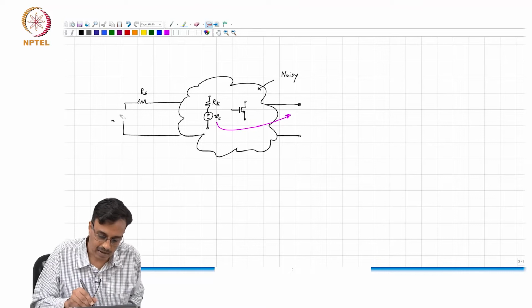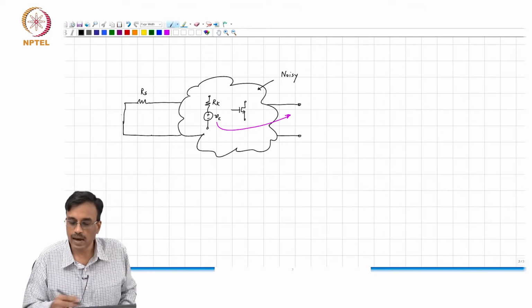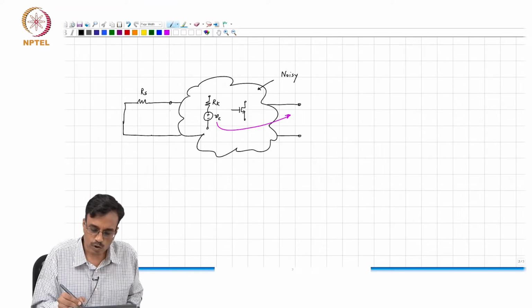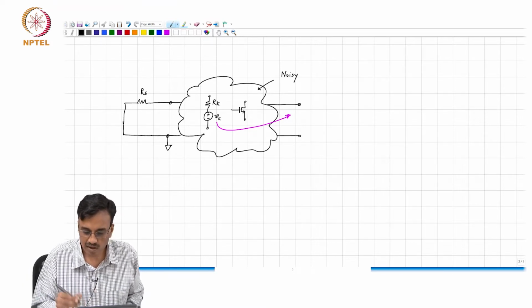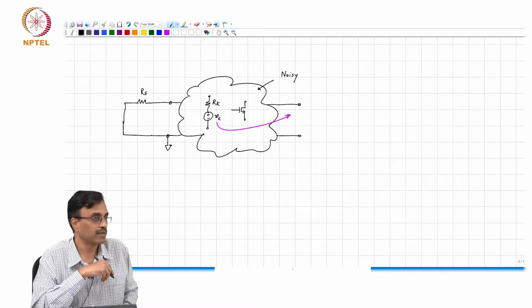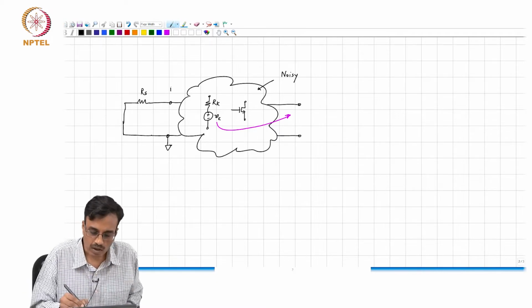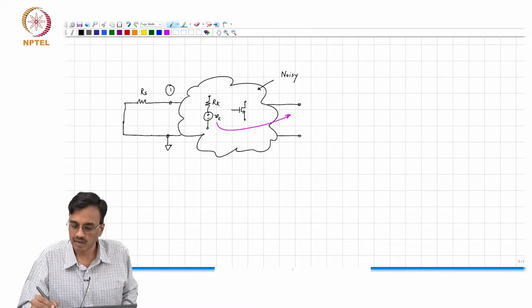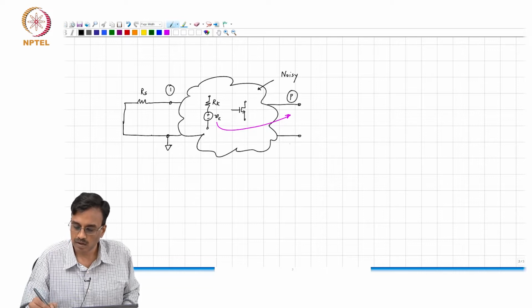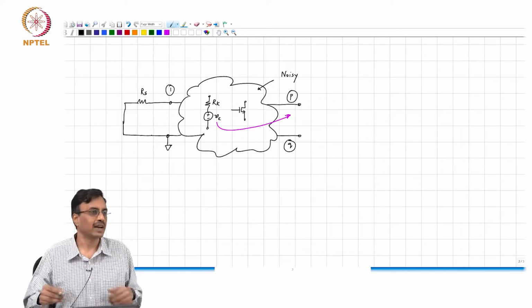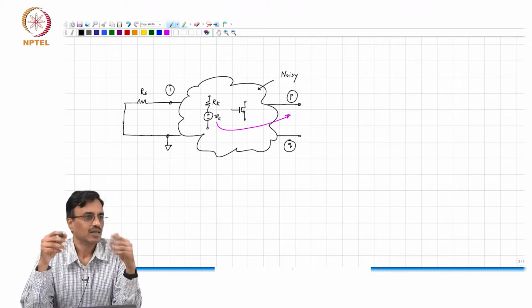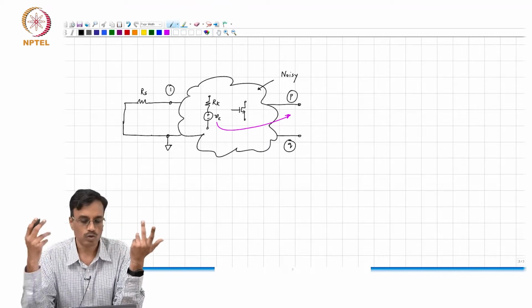So, let's say I'm interested in finding the transfer function from Vk to the output, and as usual, I choose this node as my reference node. That's ground 0. This is 1. This is node P. This is node Q,